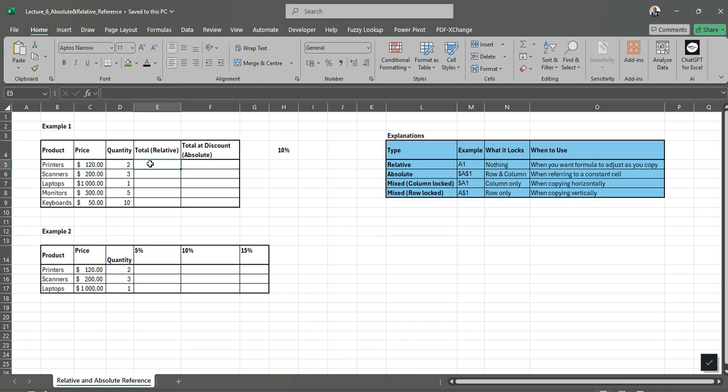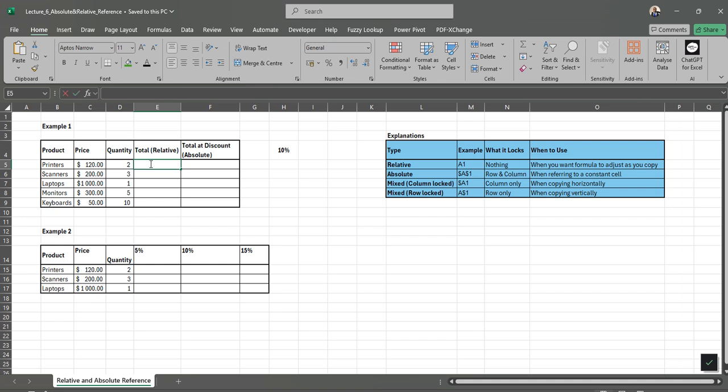You want to calculate the total, but when you are calculating the total, you are giving people a percentage discount of 10% per each sale, or it could be a bonus that you are giving to the sales agent to say per each sale I'm giving you a bonus of 10% or a commission of 10%, or you are giving customers a discount of 10%. So let's calculate the total sale, which is relative. So to calculate our total sale,